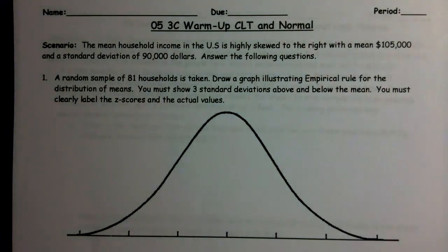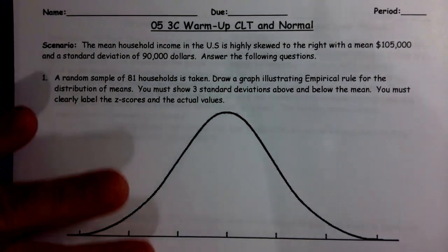We're going to go over a warm up on central limit theorem and the normal distribution as a combination. So the mean household income in the U.S. is highly skewed to the right with a mean of $105,000 and a standard deviation of $90,000, and that's approximately right. And the reason it's skewed to the right is because you can make